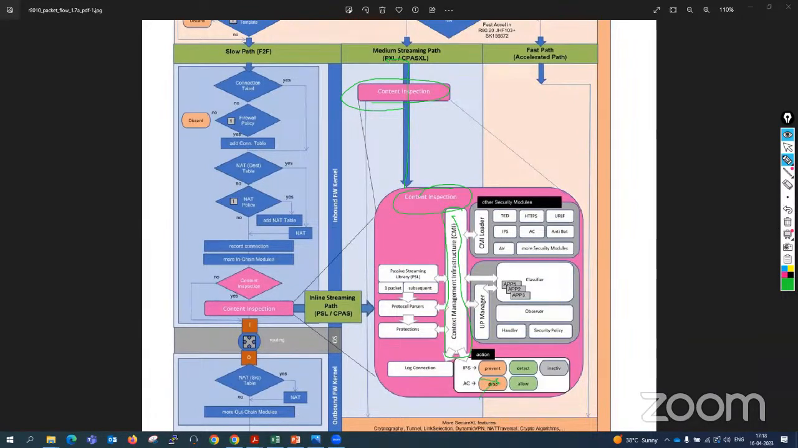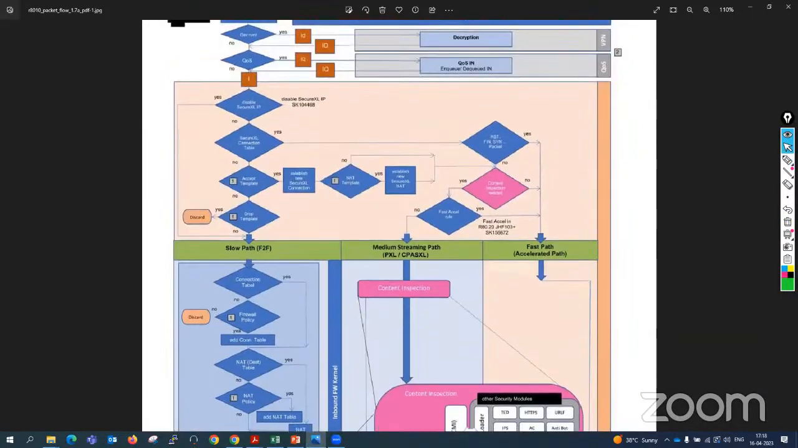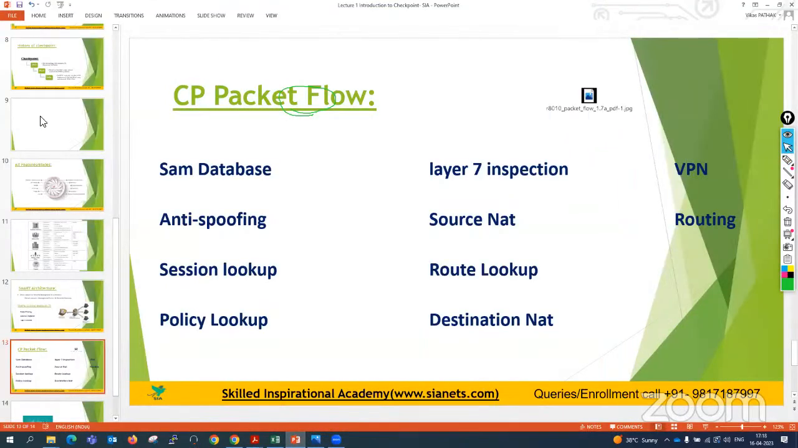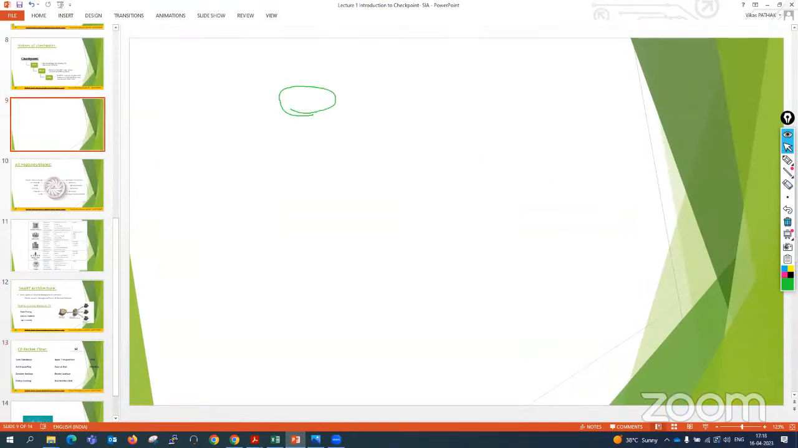Okay, so can you understand what security acceleration is doing? Can you see, enabling security acceleration, what it is doing? Right? So if you ask me in layman language, what I can say,